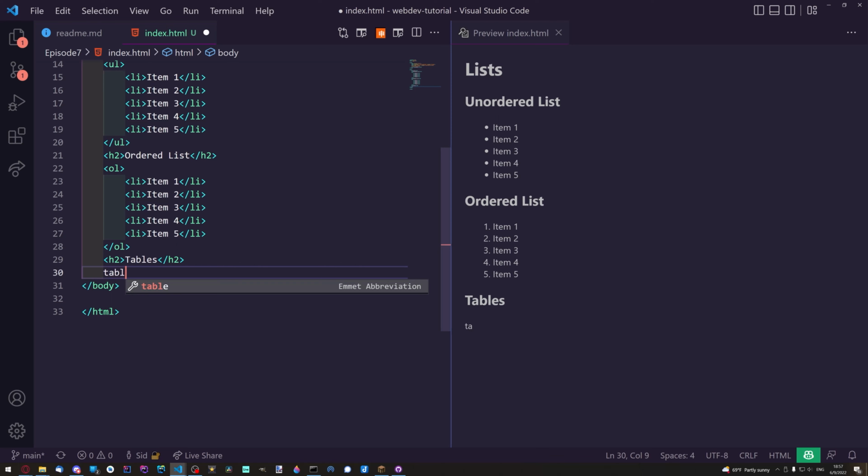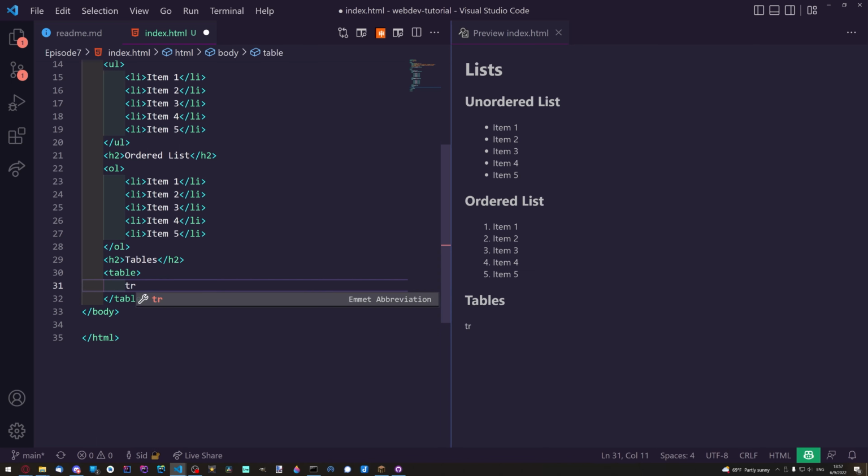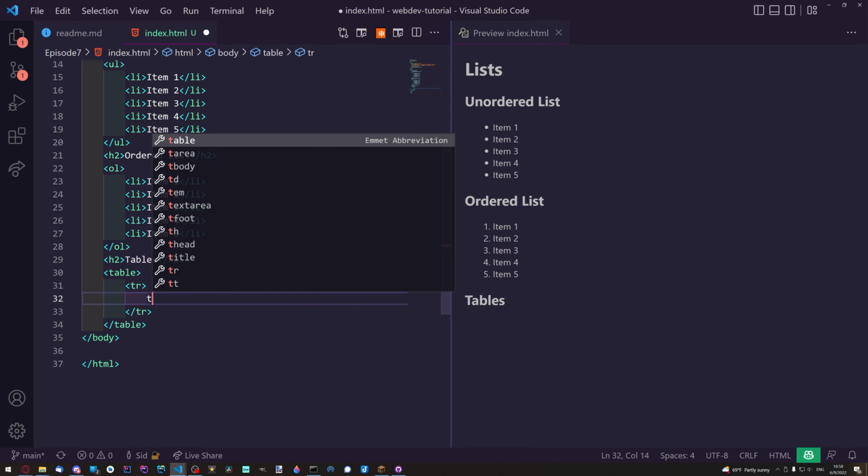Now we can just use a table tag. It's kind of obvious, but not really. So now we can do tr tag to create a new row. And this is going to be like the header, or I don't know what it's called, but it's something. So now we can type th,